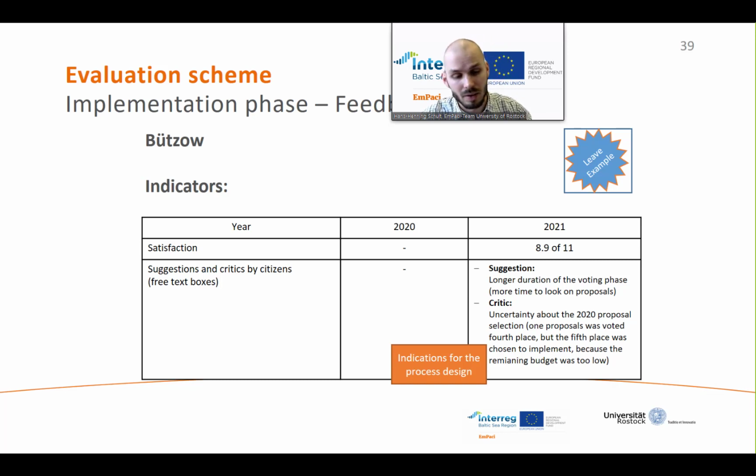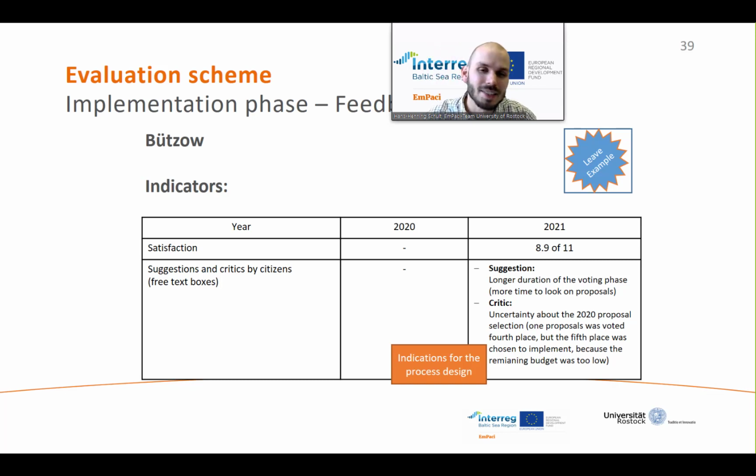So they implemented a proposal that finished fifth place in the voting instead of the proposal that finished fourth place, just because the fourth place wasn't financially in the budget, but the fifth place was with the budget left after the first three proposals. So they made this decision to not just have budget left and really use 100% of the budget,